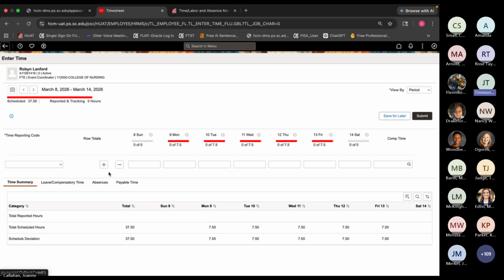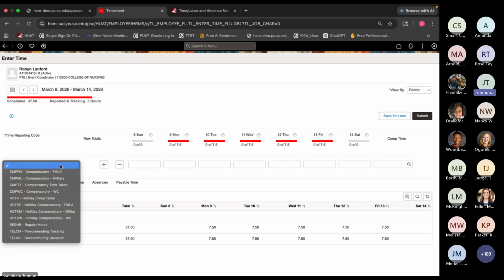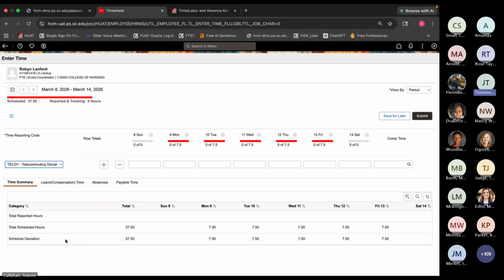Okay, and once we get to the timesheet, be sure to select the correct timesheet for the work week. Use the arrows to navigate to the appropriate timesheet. On the first available row, open the time reporting code drop-down menu, select the telecommuting deviation code. This telecommuting code should be used for any telecommuting outside the approved telecommuting schedule or for those with no agreement